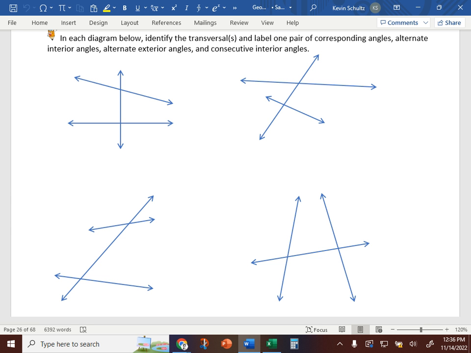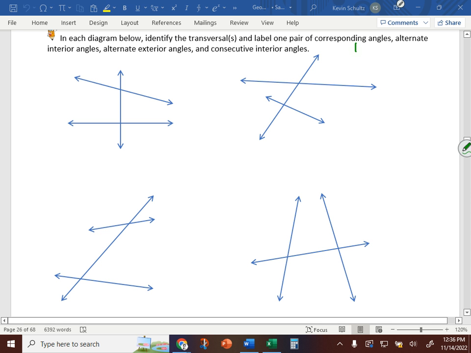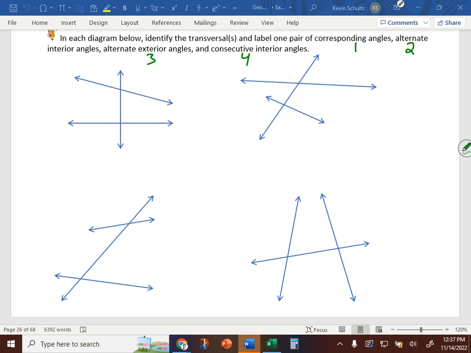Ellen? So, should we use different colors? However it's going to make most sense to you. If you don't have colors, you could label your corresponding angles each with a 1, your alternate interior angles each with a 2, your alternate exterior with a 3, consecutive interior with a 4. Something that when you look back on it, it's going to make sense to you what those relationships are. Colors are always more fun, but if you don't have any, then